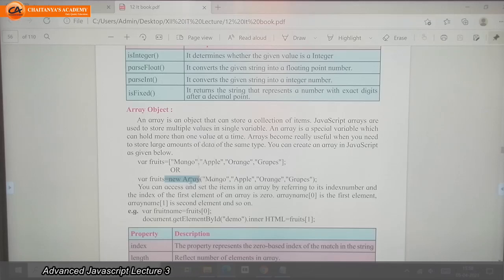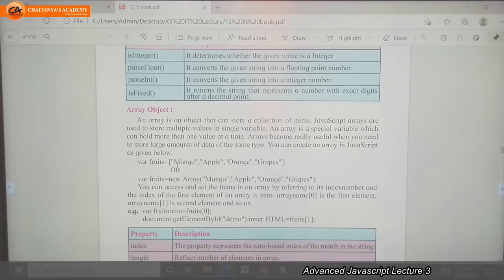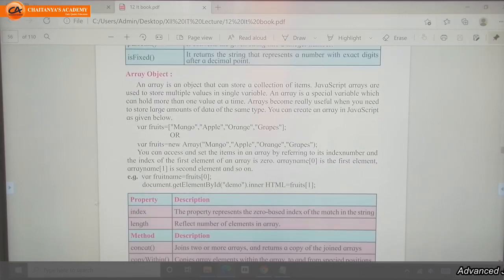Instantiating our array means we are using the new keyword and then the name of the object, and then assigning the values to fruits. We can directly give our array values to this variable either this way or that way.